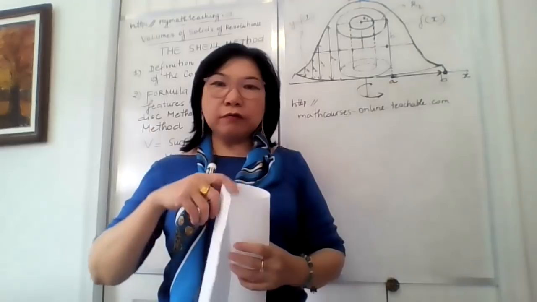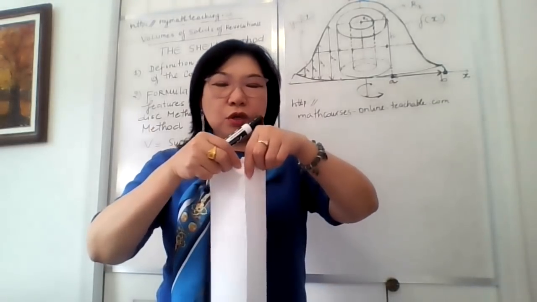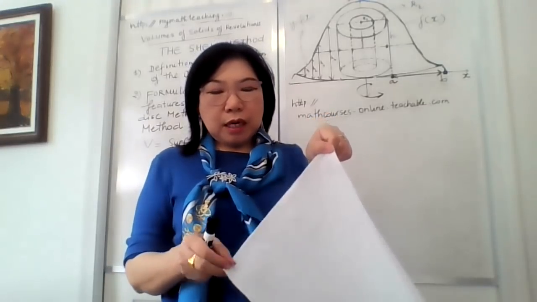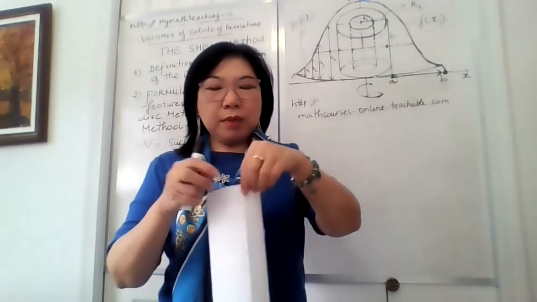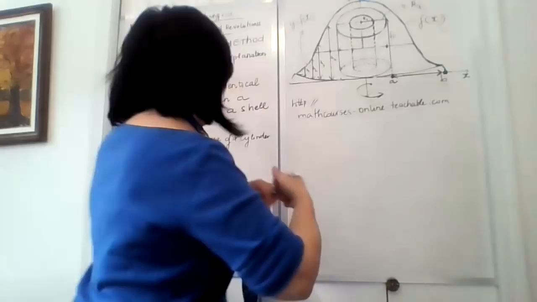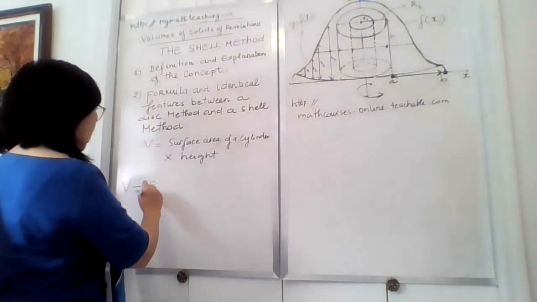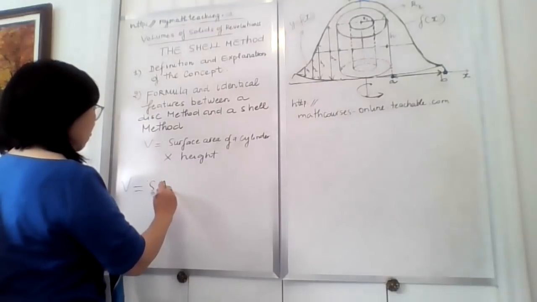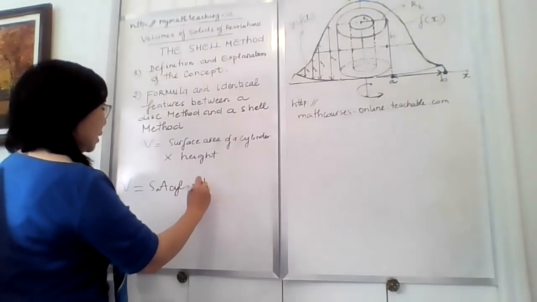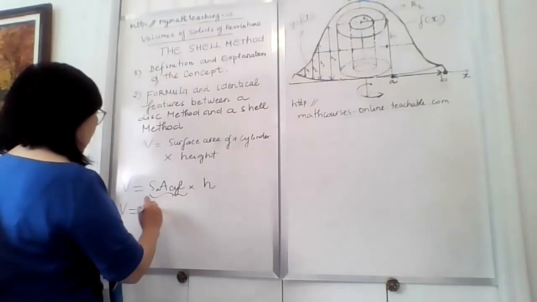However, we have to talk in terms of the shape of it. So if I cut it open, this length here on the top actually is the perimeter of a circle, right? So let's talk about, I'm going to say here volume equals surface area. Now I put in the short form surface area of a cylinder times with the height, but the surface area of a cylinder will be equal